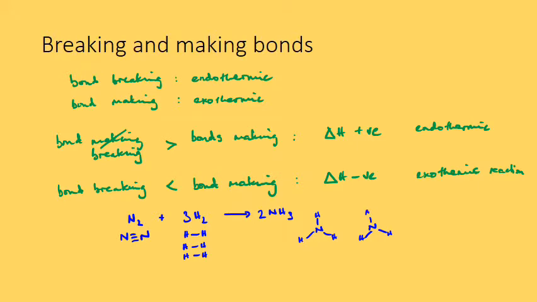Like that. So let's have a look at these bonds. On the reactant side we've got this triple bond between the 2 nitrogen atoms in the nitrogen, and we've also got a covalent bond between each hydrogen molecule, but we've got 3 of them. So let's try and do a little bracket like that. So the energy required to break all those bonds in both the nitrogen molecule and the 3 hydrogen molecules is